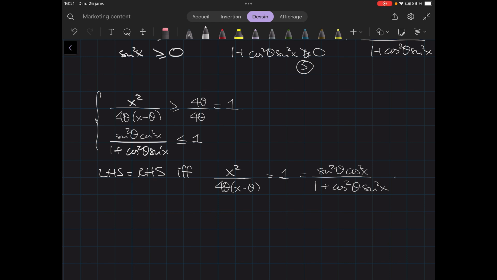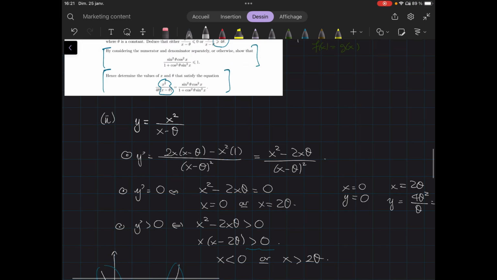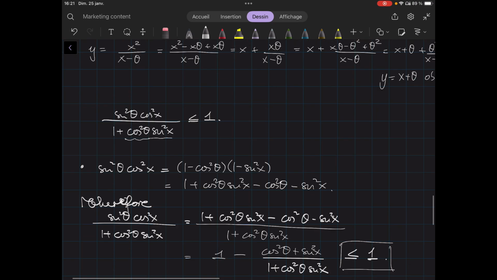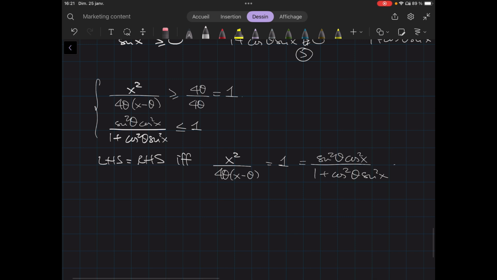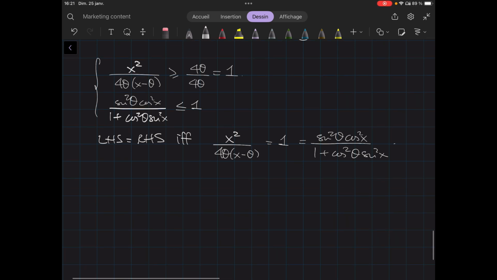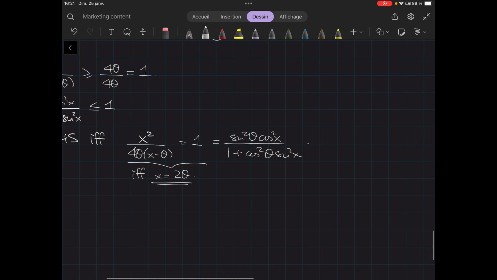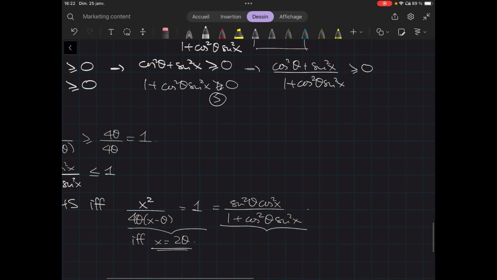So let me see if there is a nice way to solve the question. The left-hand side is equal to 1 if and only if x is equal to 2 theta. For the right-hand side, this is equal to 1 if and only if